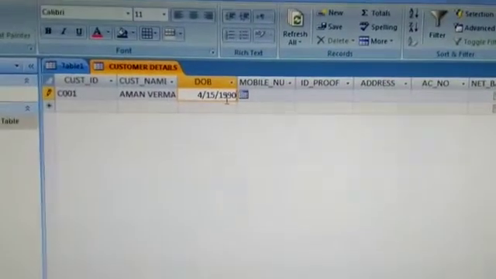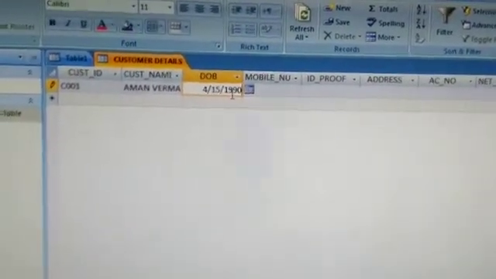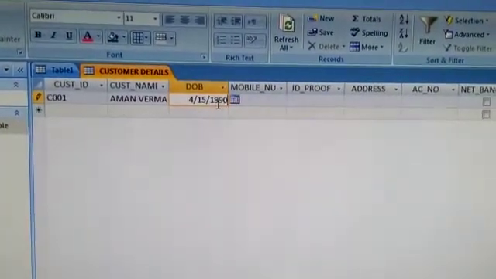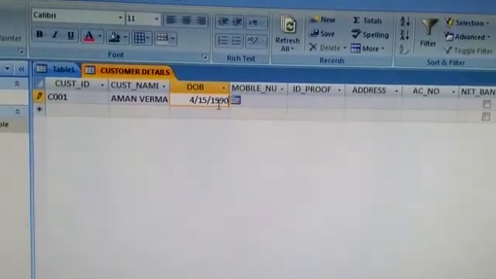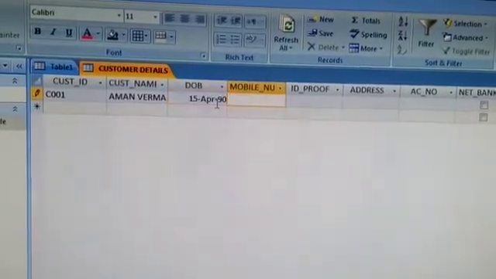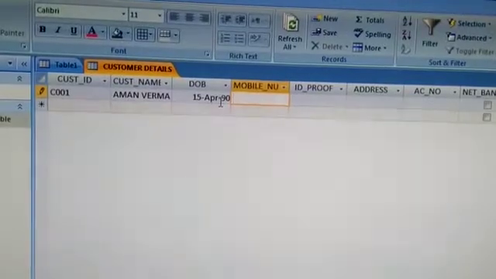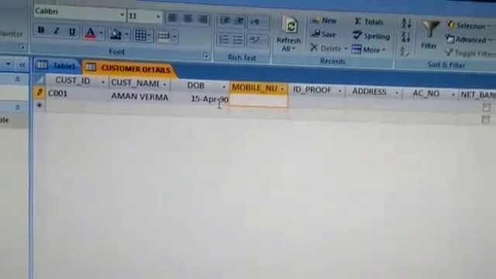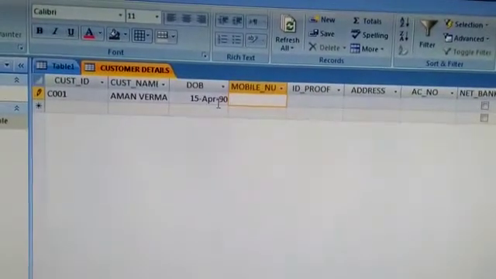You will see, because I have given the field property of format medium date, this date will be automatically converted to medium date when I press enter or move to the next column. To move to the next column, you can use right arrow key or tab key from the keyboard.